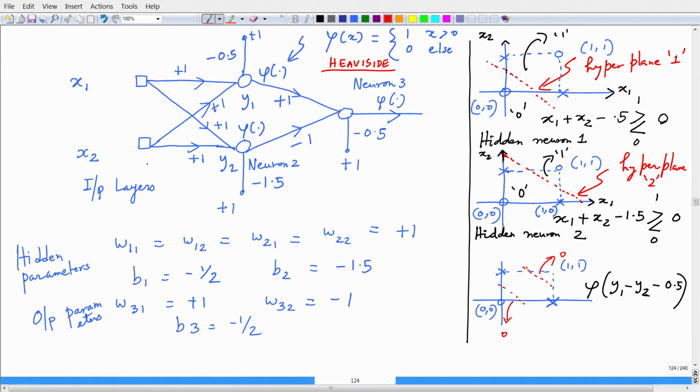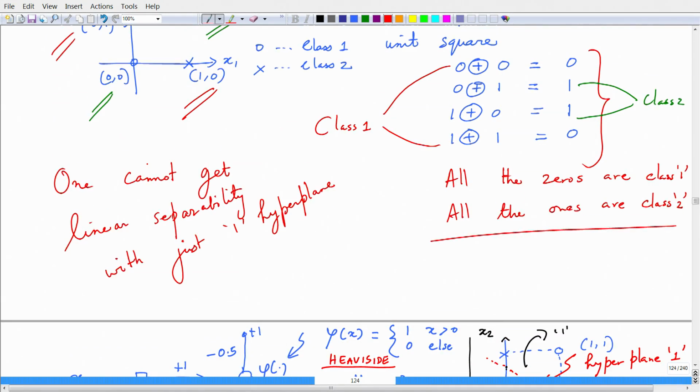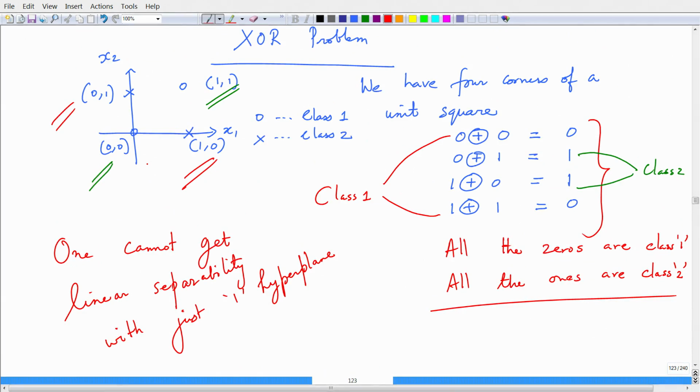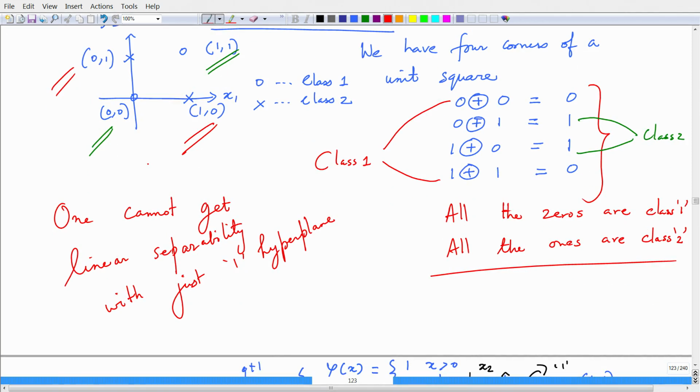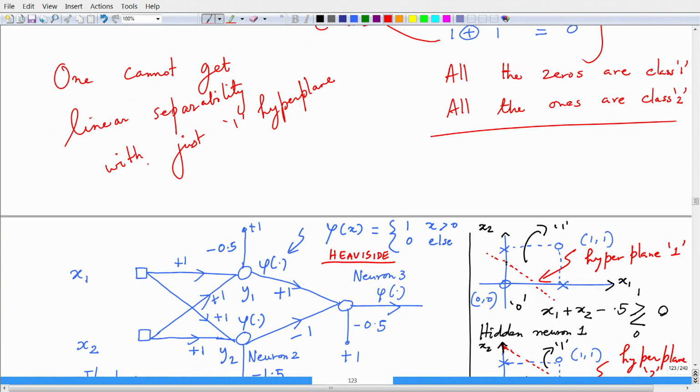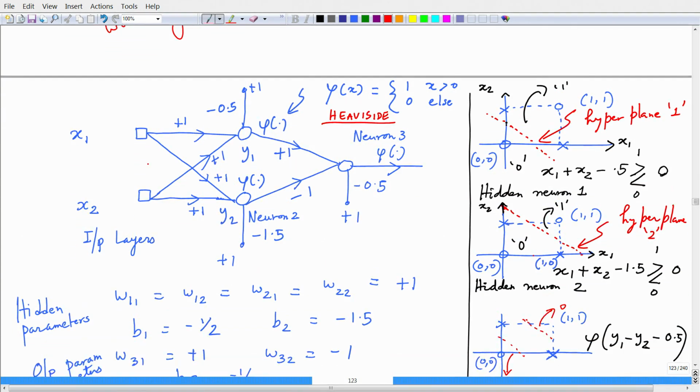Okay. So, I discussed the basic truth table of the XOR problem in the last lecture. So, this is basically the problem. We have 4 data points: 0 0, 0 1, 1 0, and 1 1. 0 0 should correspond to a 0, 0 1 should correspond to a 1, 1 0 should correspond to a 1, and 1 1 should correspond to a 0. And clearly this is not linearly separable. So, let us see how we can tackle this problem.